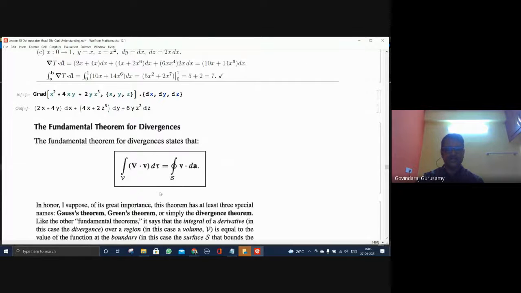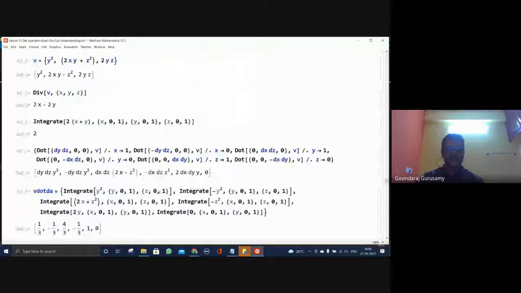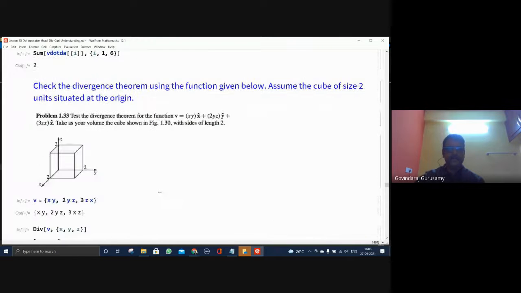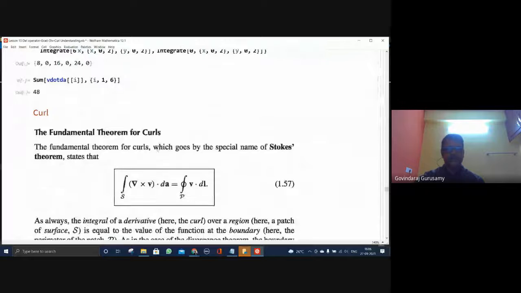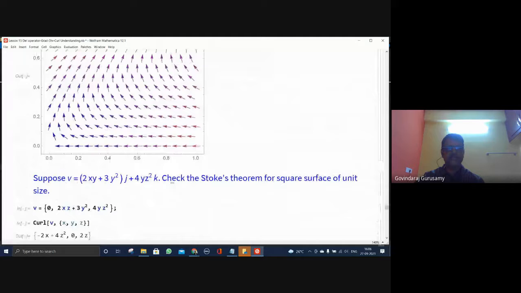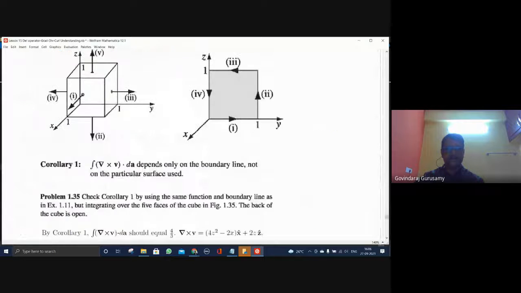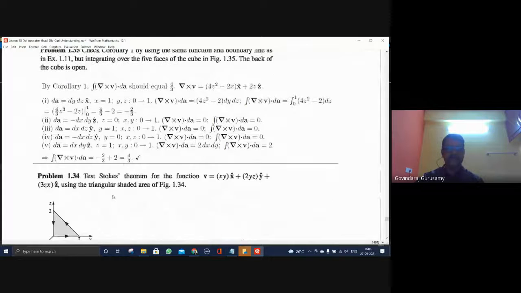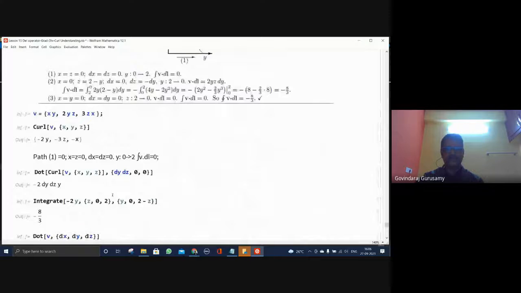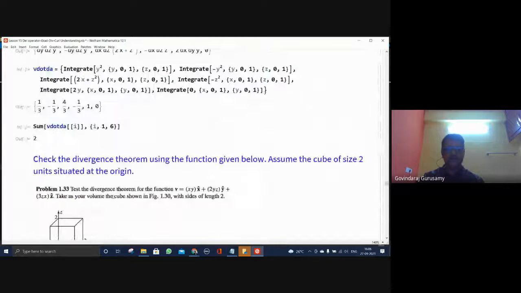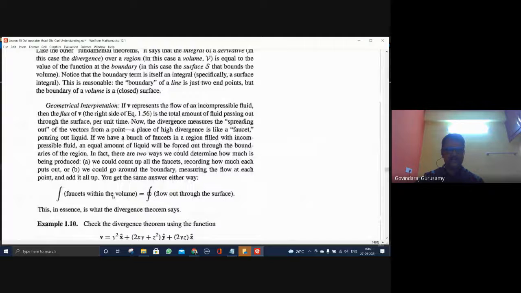Then divergence. Similarly, you have Stokes' theorem, which uses the curl, the fundamental theorem of curl. That's awesome. These three we can spend some time on because you would often come across them, and you can physically see them and feel them. How does it really work, and what is coming out: divergence from volume to surface, and then line to surface. All this can also be learned. So I'll stop here, and maybe I have to spend another hour to explain these things and then go to the next